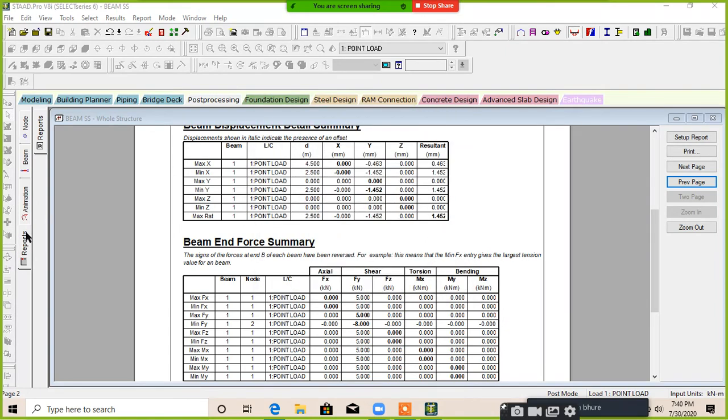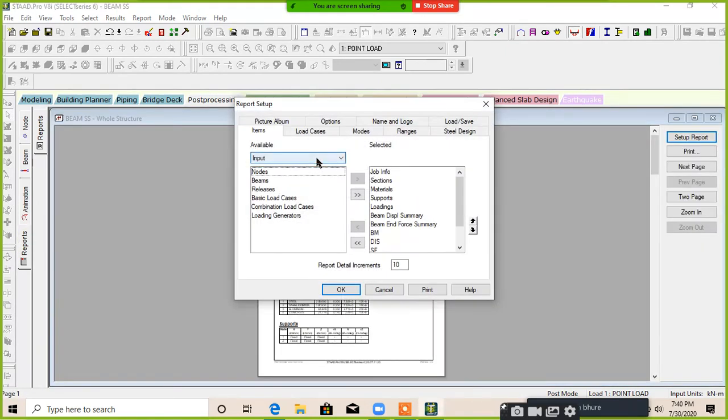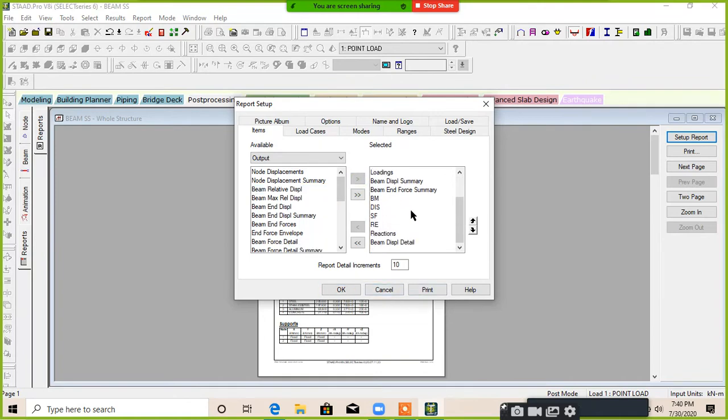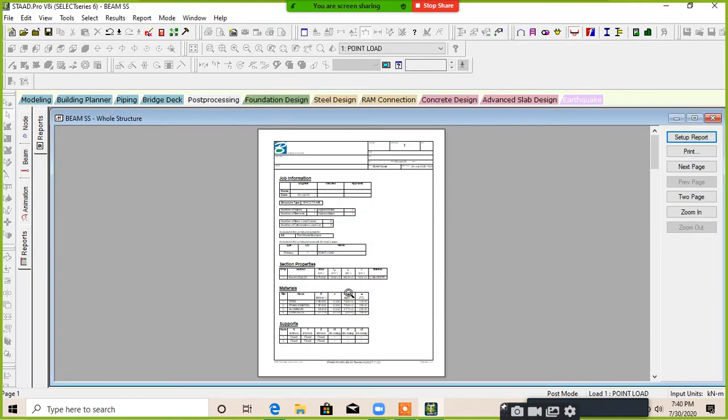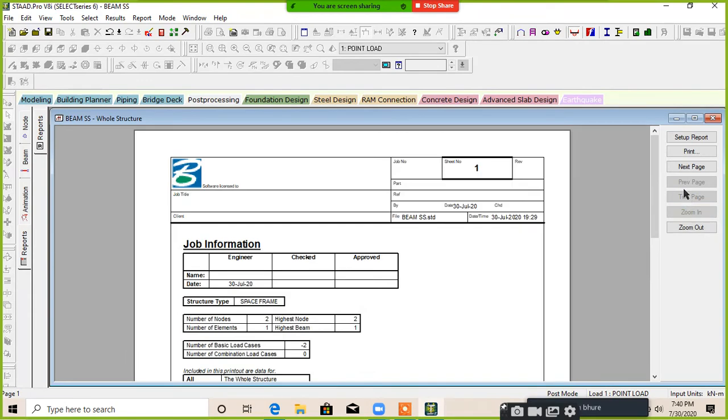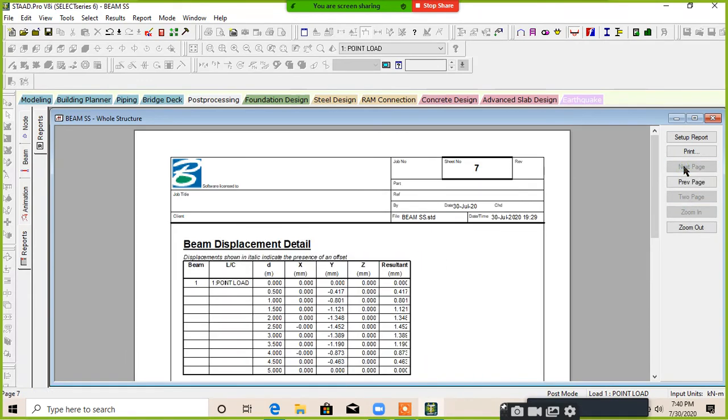Just wait, I will include some details also. I included only the summary. I am including a beam displacement detail. At the last, just click on OK, zoom in, next page, go to the end.